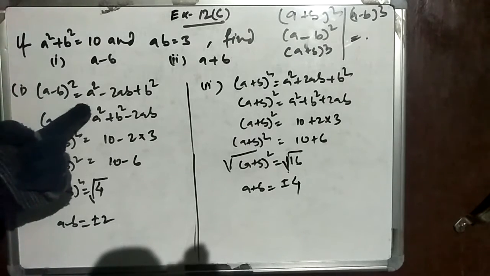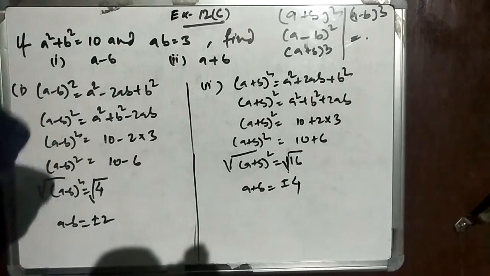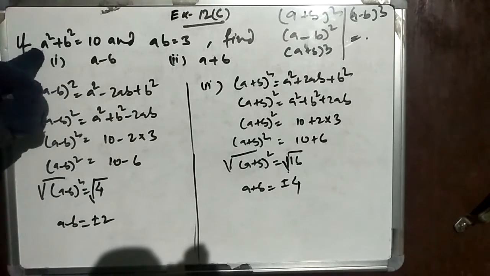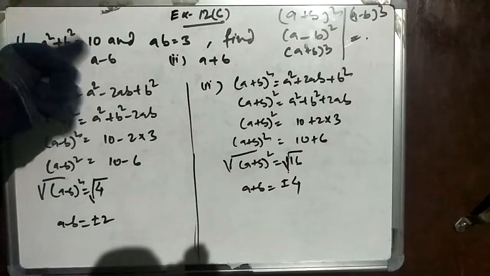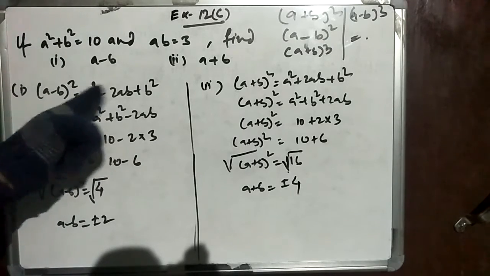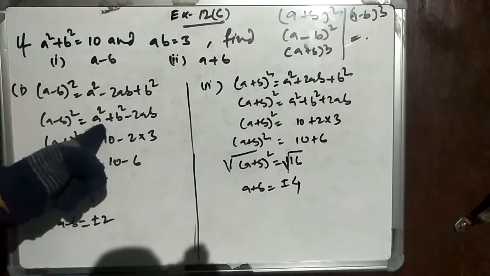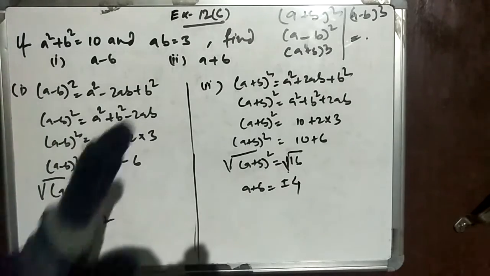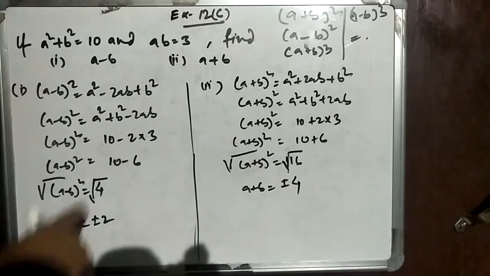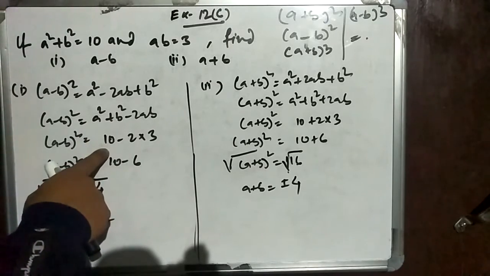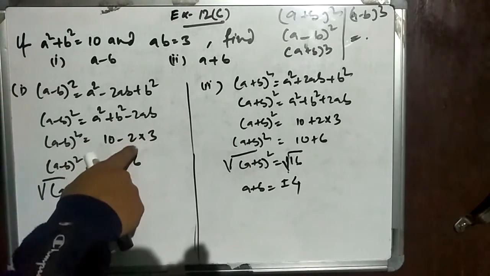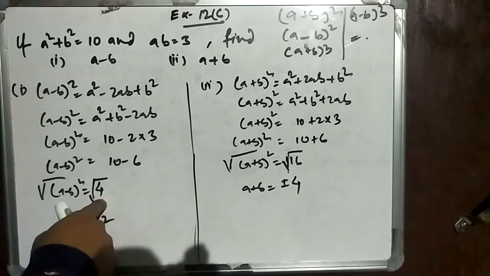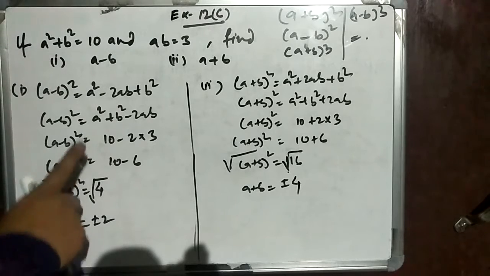(a minus b) whole square equals a square minus 2ab plus b square. We have to keep it together as we have here in the question that a square plus b square, the value is 10. So we take a square plus b square minus 2ab. Minus is separated now. Now the value of a square plus b square, put it here as 10, minus 2ab. ab's value is 3, that is 2 3 is 6, and 10 minus 6 is 4. So 4 is already here, (a minus b) whole square.